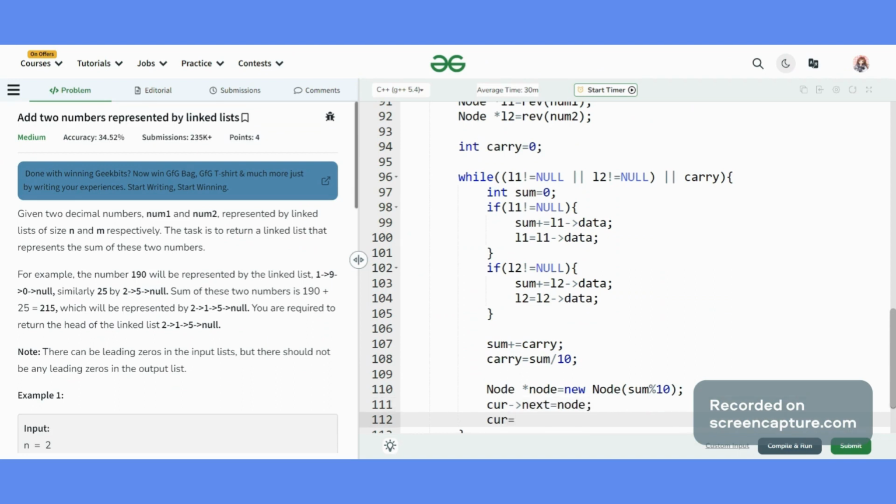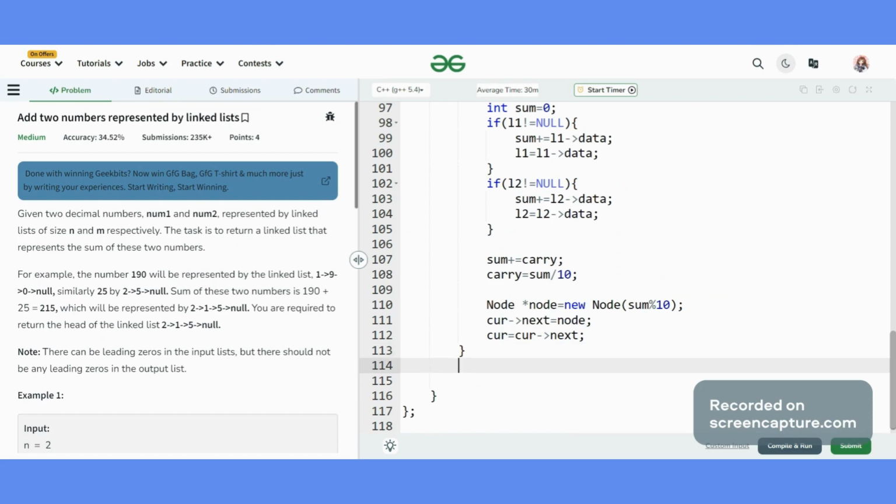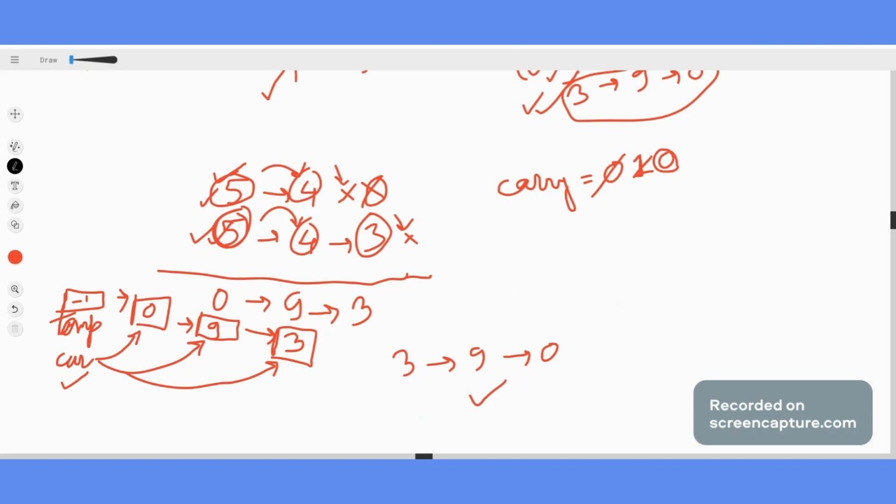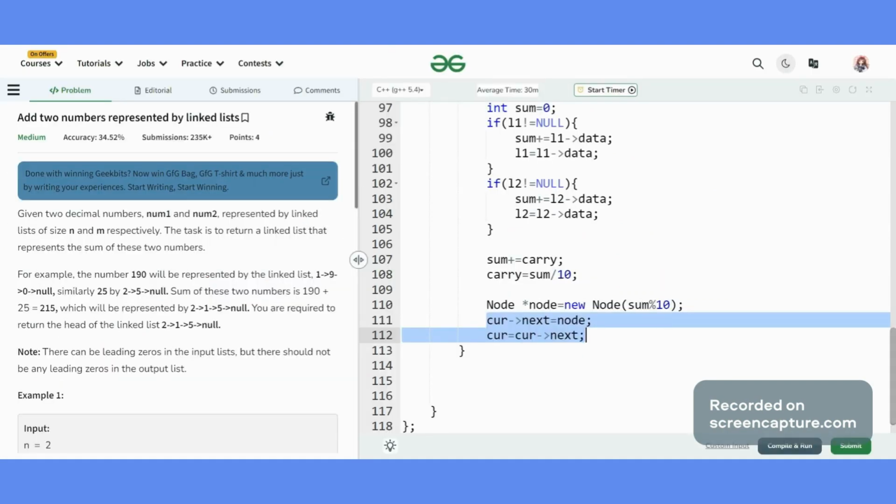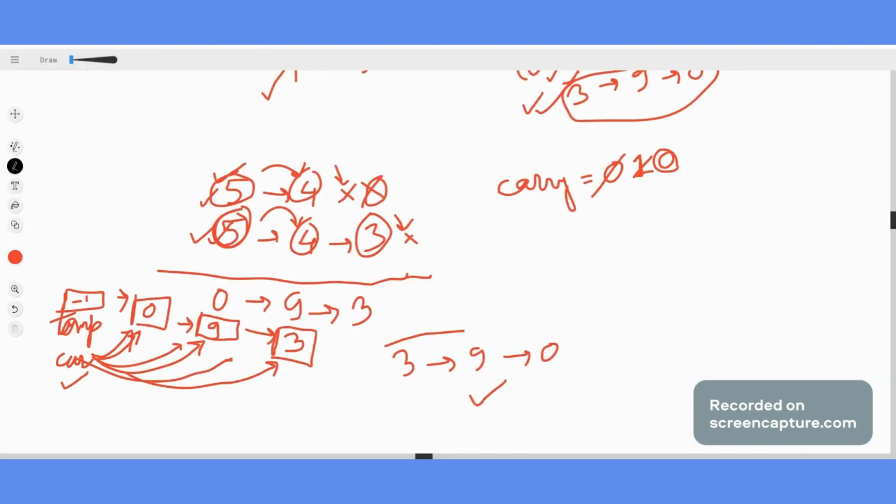And now I will move my cur to my next node. My cur next will point to this node, and we were moving this cur to our next node whenever we were creating it. Fine. Now what? We need to traverse our result. So this is how we will be traversing our result.